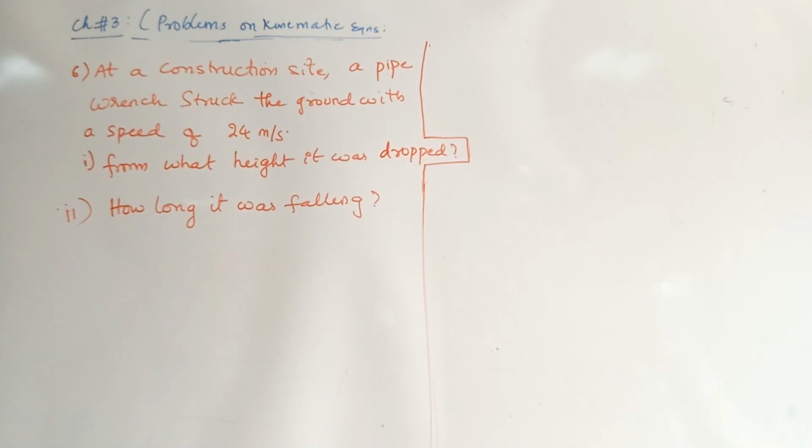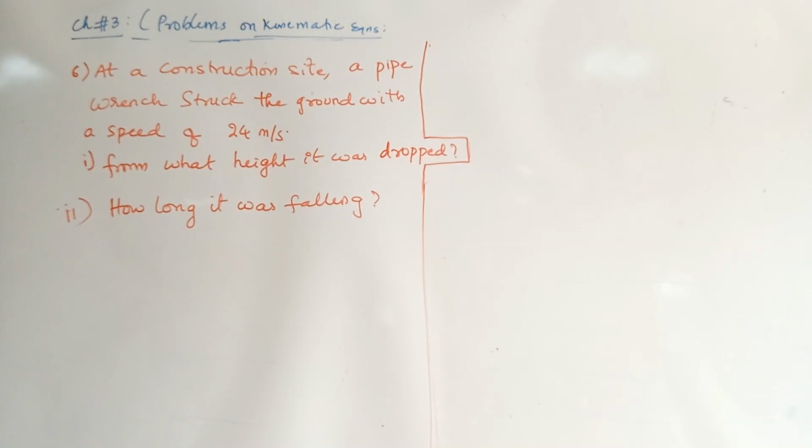Now look at the next question. This is in the form of vertical projection. We have seen the different cases of throwing upwards or falling downwards. Let us now see how to apply that equation. Remember those conditions: anything going in the upward direction is positive. Vector quantities velocity, acceleration and position are positive going upwards, and all three would be negative when it is coming down.